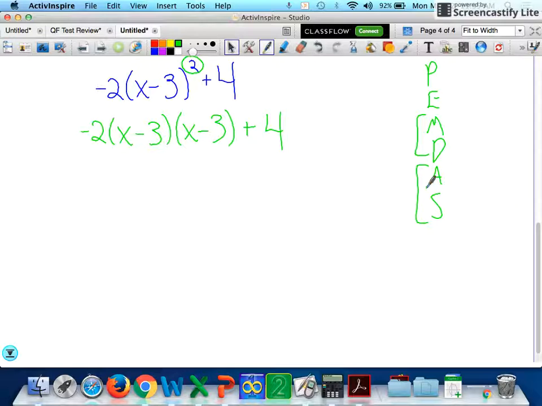Okay? So we've gotten the exponent taken care of, and now we're ready to do some multiplication. Just like I told you on the last problem, if you want to take the -2 and distribute it in first, that's fine. Now make sure you only distribute it to these first two. Otherwise, you'll double multiply it. But most people seem more keen on doing the binomial distribution first. So the -2's out front. We have x squared minus 3x